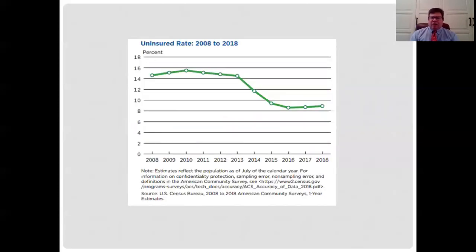Now, as a result of the Affordable Care Act, which was passed in 2010, we've seen a rapid decline in the amount of uninsured in the United States, going from a high of about 16% right before the Affordable Care Act down to what we just saw, which was about 9.1%. Most of this is the expansion of Medicaid and various other enticements to get people to buy insurance, and also the individual mandate, which is no longer in force, but did get a lot of people to start getting health insurance.